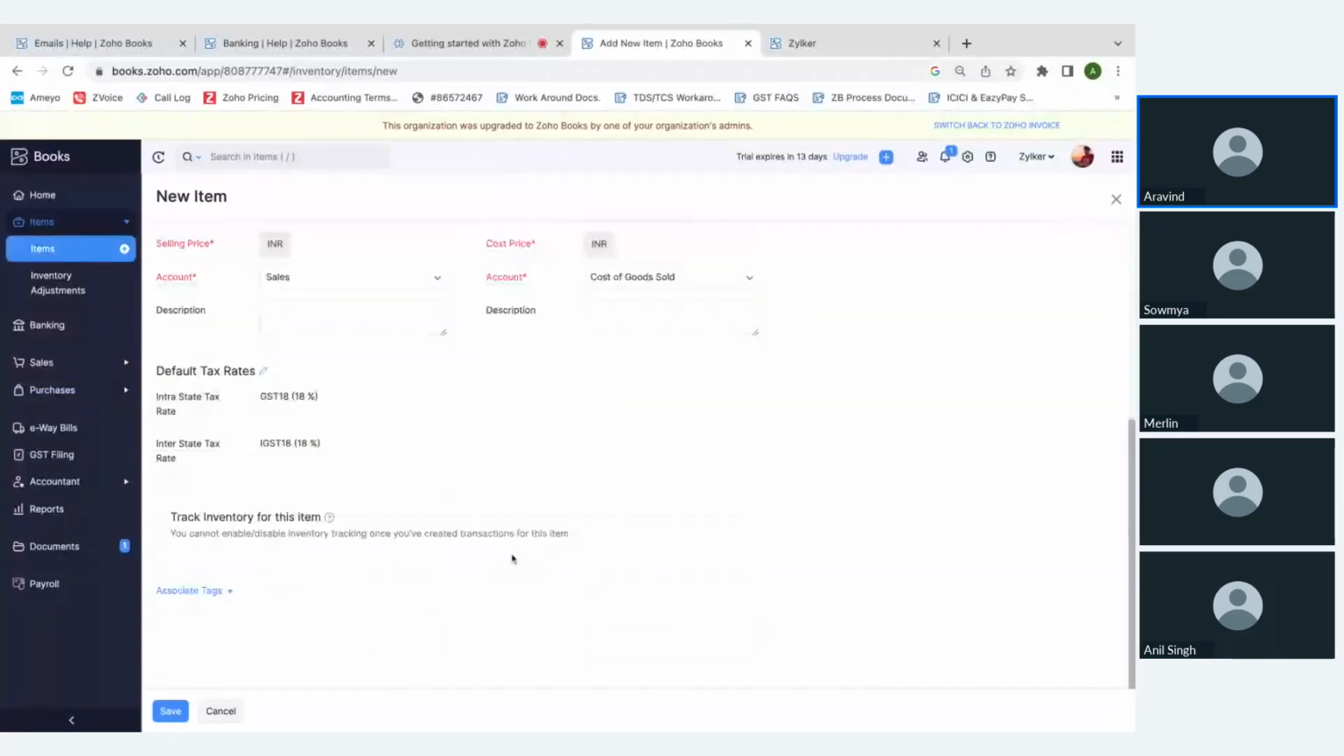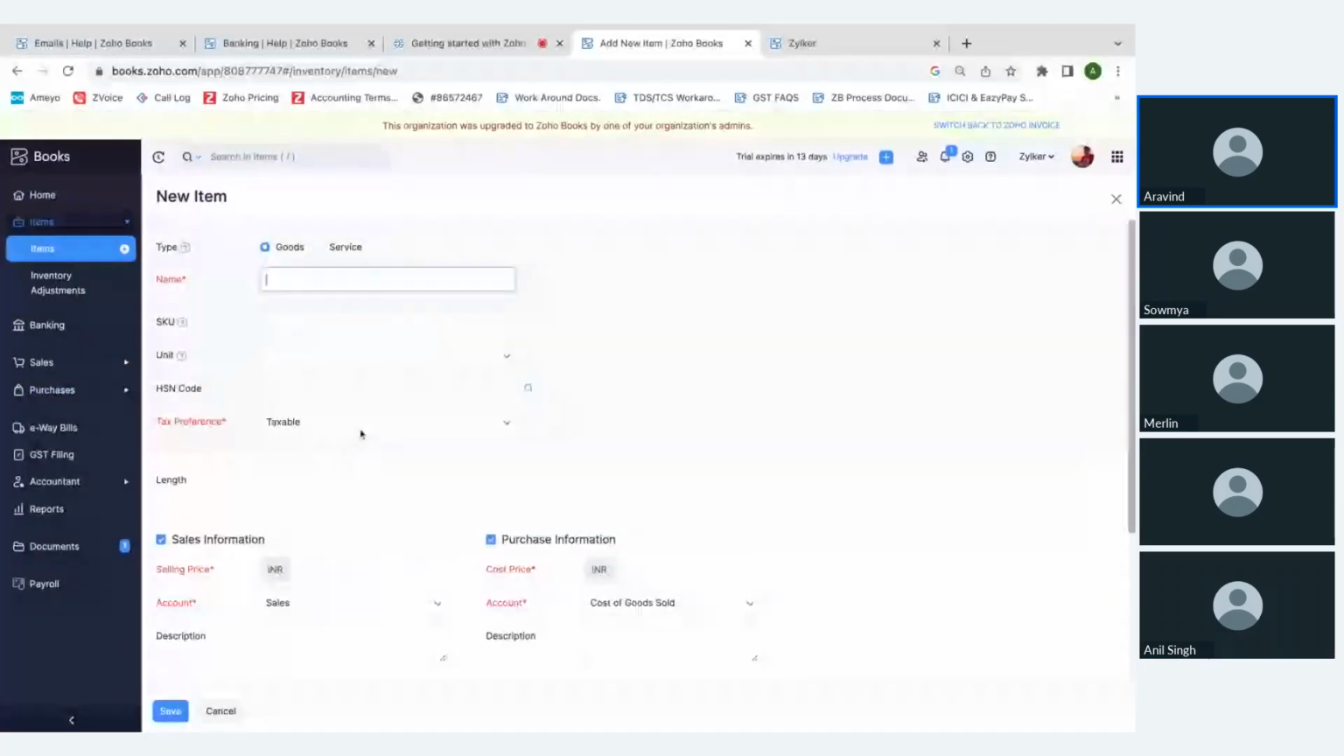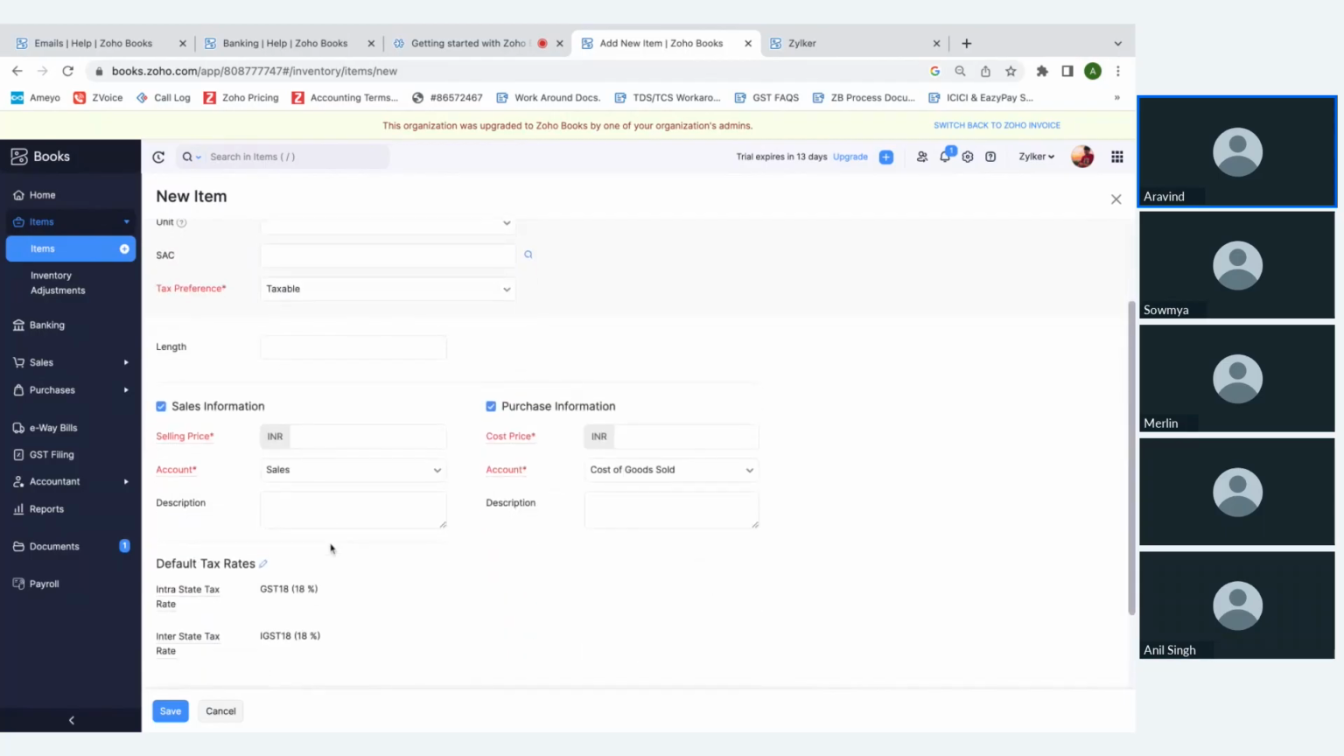So while creating an item, you'll be selecting the item type, whether it's goods or service. You'll be providing the suitable name for the item, the SKU, the HSN code. If it's goods, it will be HSN code. If it's service, it will be SAC code. And you'll be entering the sales and the purchase information. And if you wish to track inventory for the particular item, you can